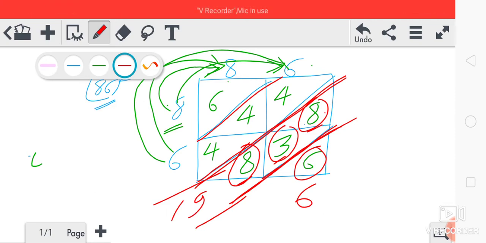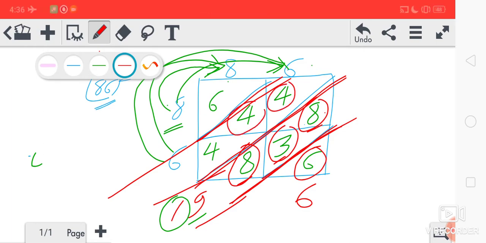Okay, and what we'll do, we will underline the first digit. Okay, 9 will underline. Now this one is left, this one will add in the next part. Okay, now come to the next part. This one, 4 plus 4, 8. 8 plus 4, 12. So we'll write here 12, and this one is left from the previous diagonal, so 12 plus 1 will add. 12 plus 1, how much will we get?